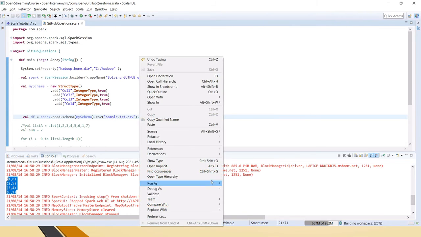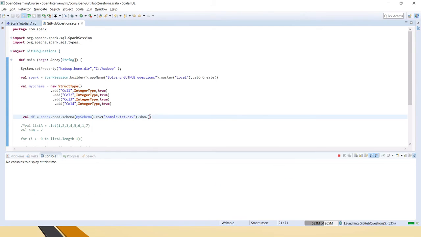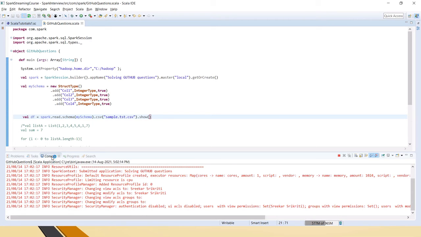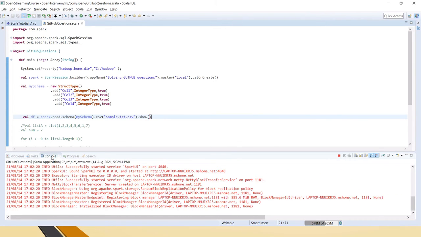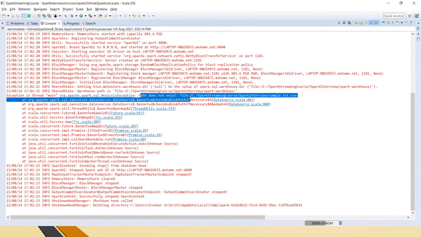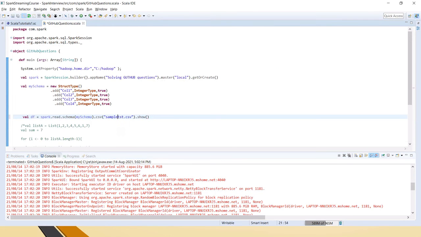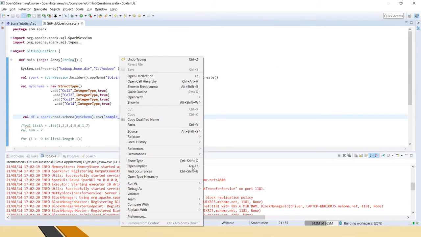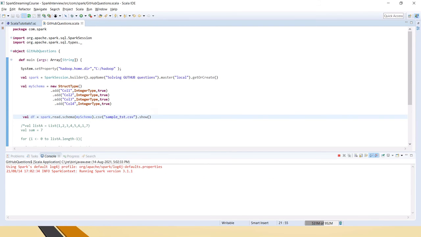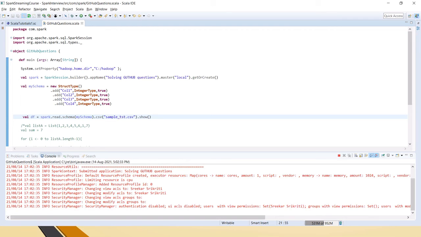Let's test that. File not found exception. I think there is some problem with the file name.